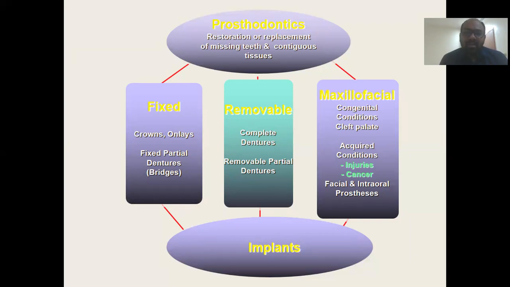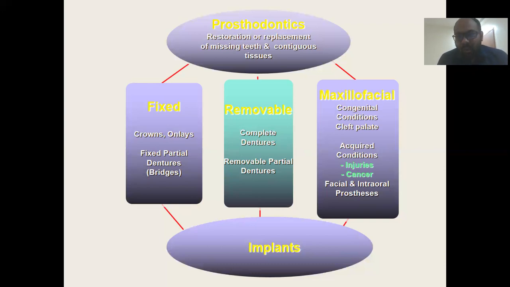And then you have certain patients with few teeth remaining or few teeth missing. So we fabricate a denture called a removable partial denture, and we give it to the patient for use. So our lecture today is going to largely focus on removable kind of prosthesis, which is going to restore partial dentition or a complete dentition. And again, this lecture is attempted to simply orient you towards what removable prosthodontics is.